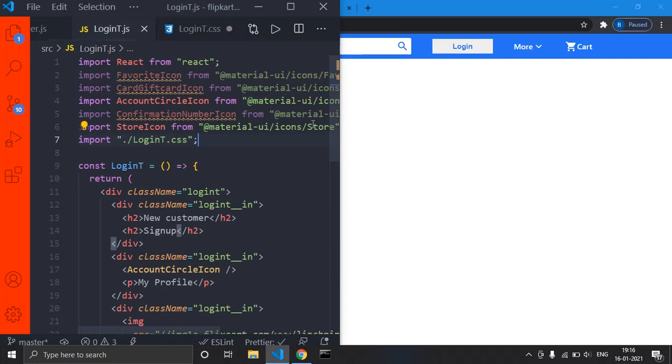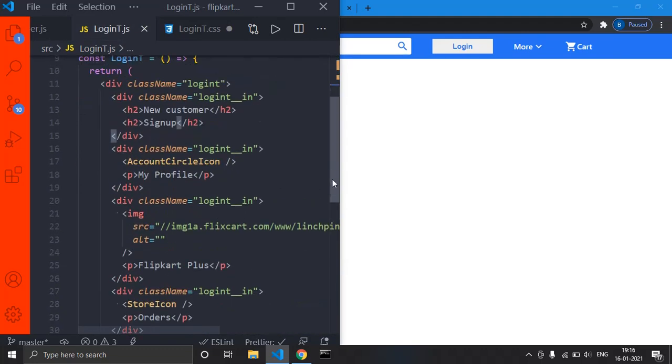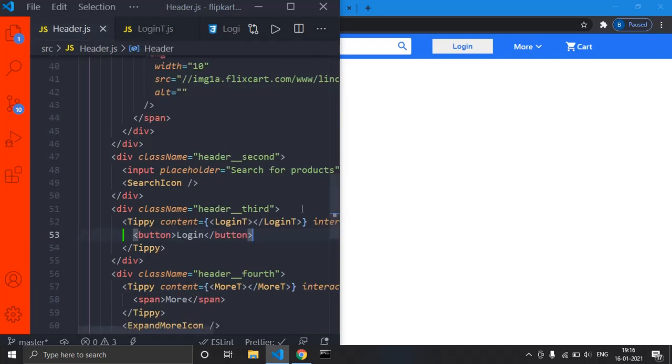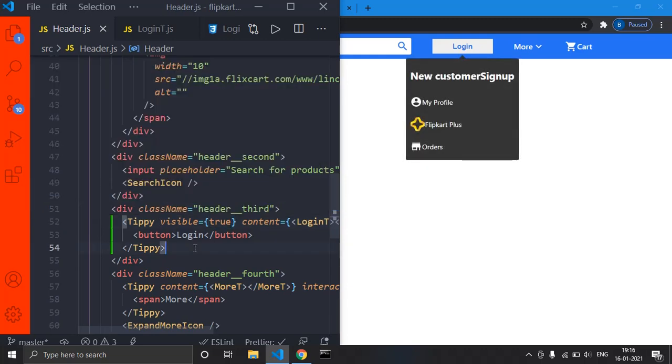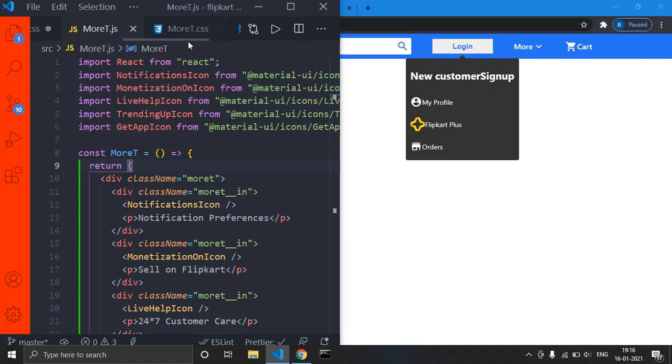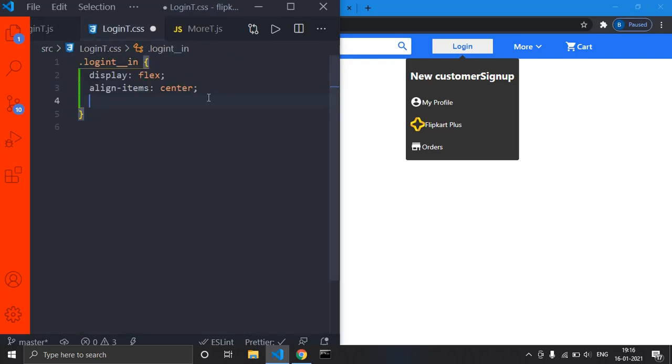So what I will do is, this tooltip also accepts another prop. Okay, come to header.js, and the tooltip also accepts another prop called visible. What I'll do is I'll just give it as true, so that it will show that tooltip whether you hover over it or not. See, it will be very helpful in our development phase, right? We don't need to hover over that and see whether our styles are applying properly or not.